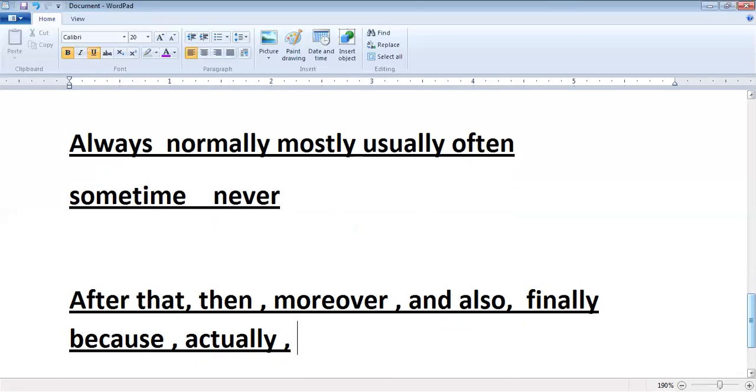Right. So whenever you talk about something which is your common routine, use these words like always, normally, mostly, usually, often. And for something which is your rare routine, which does not happen a lot, you can say I sometimes. And for something that never happened, you can say I never. So instead of saying I go to office at 10, you can say I normally go to office at 10